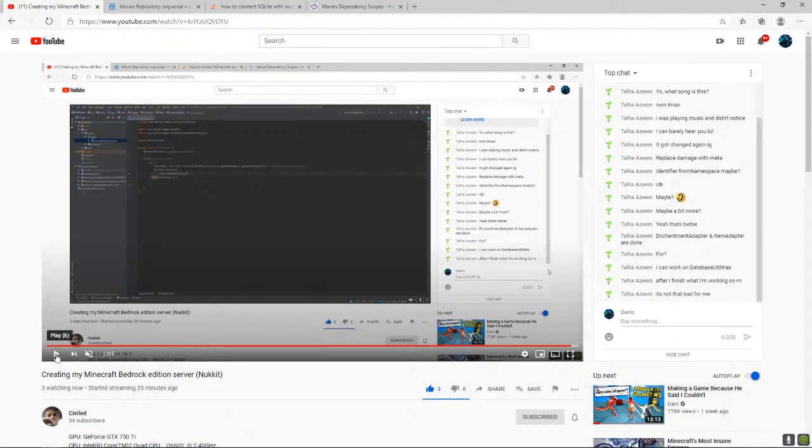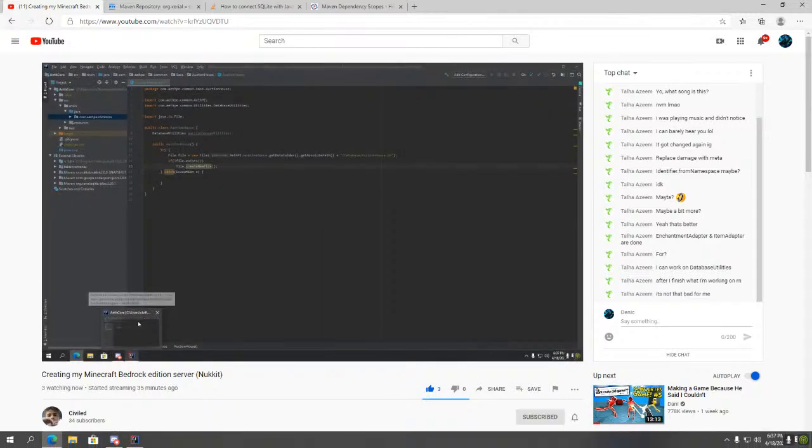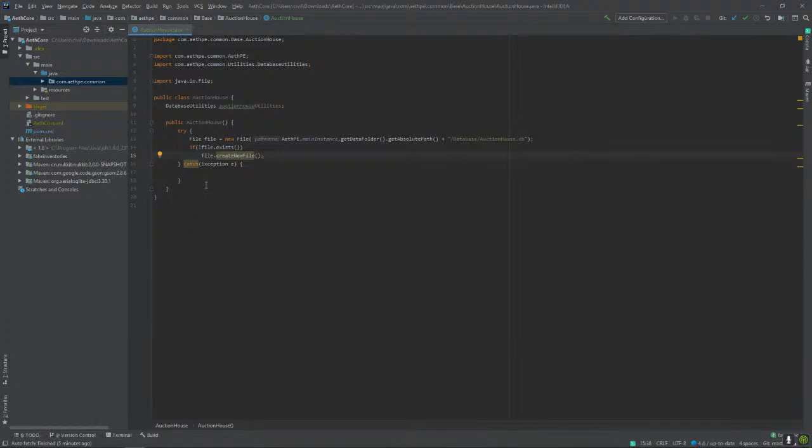So now I need to grab, or wait, if file exists, create a new file. And then auction house utilities. Yeah, I just need to create a new instance of auction house utilities. Dot is equal to new auction house.